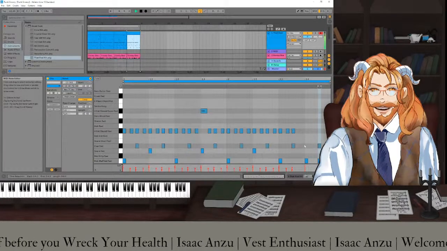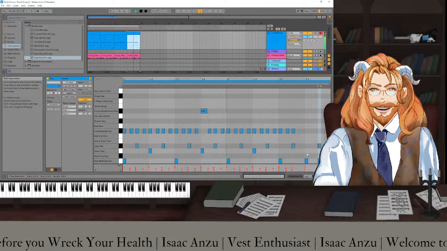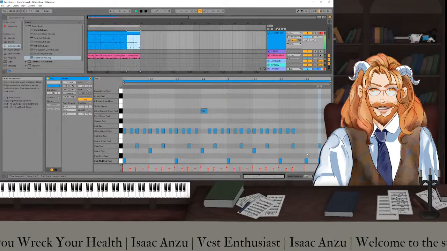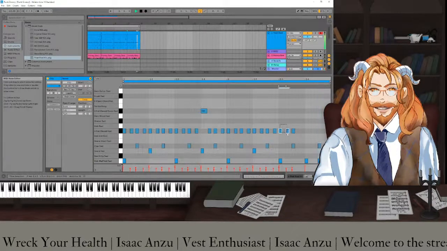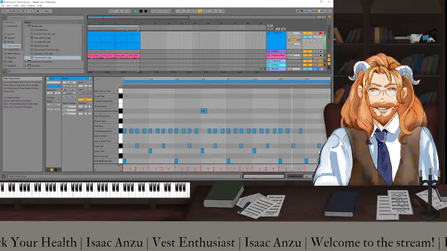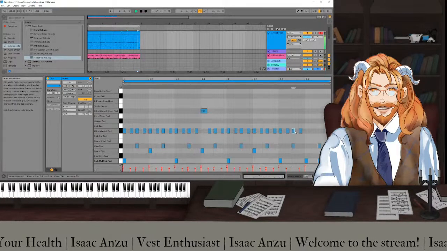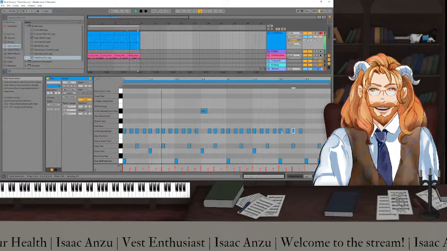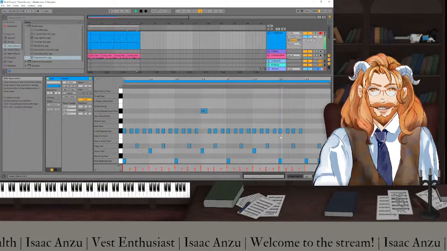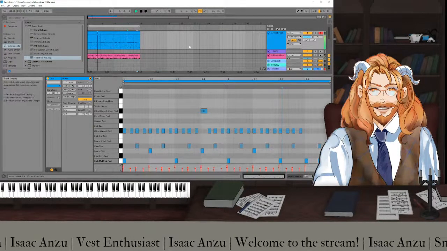We can get rid of the snare here. But I think I want this very last, this last hi-hat, maybe. Yeah, I like that.